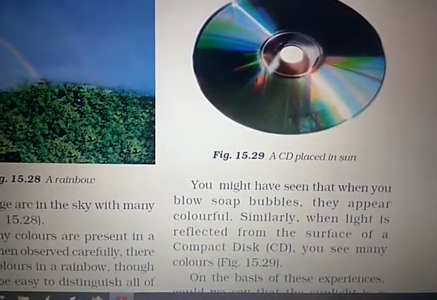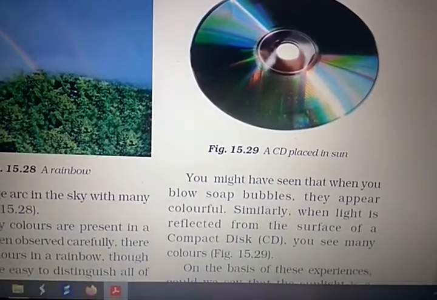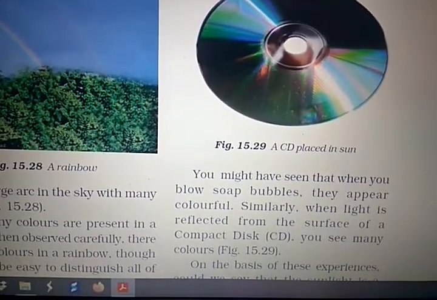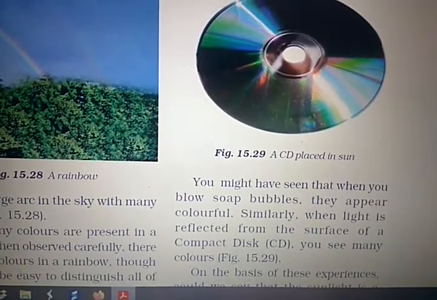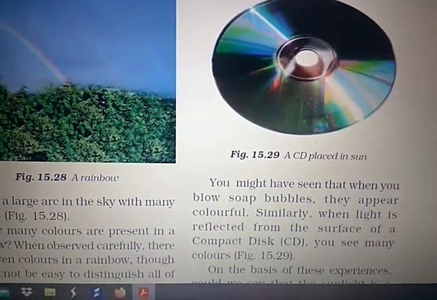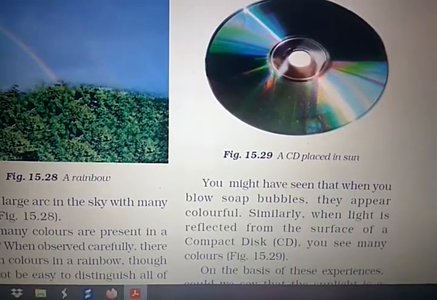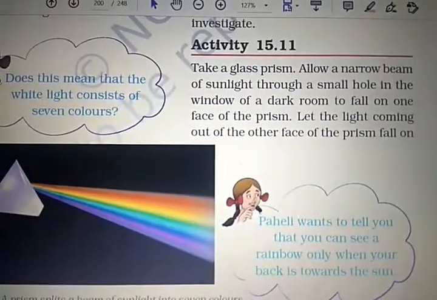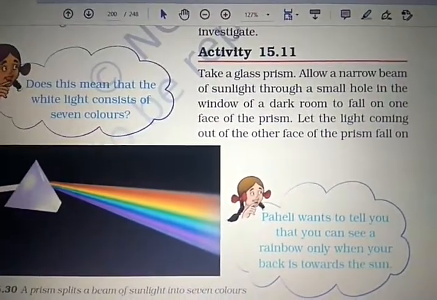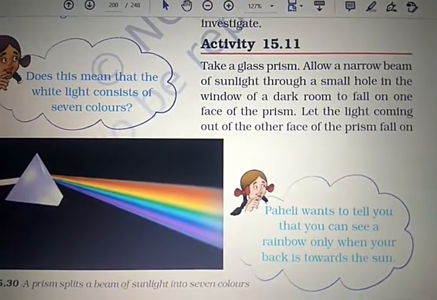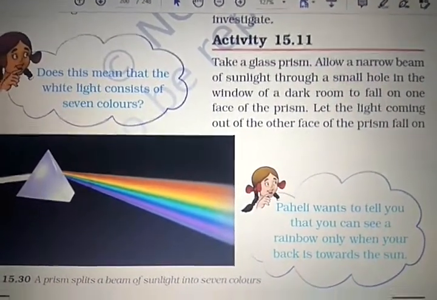You might have seen that when you blow soap bubbles, they appear colorful. Similarly, when light is reflected from the surface of a compact disc, you may see many colors. In this activity, you have to take a glass prism, but a prism is very costly, right?